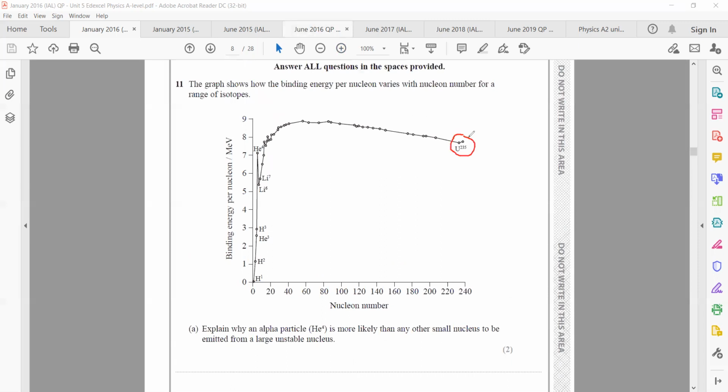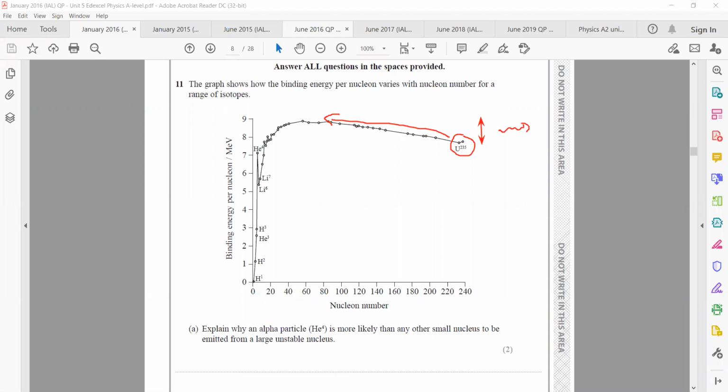Here we have uranium. Why do we use uranium as a nuclear fuel, and not another element? Because as you can clearly see, when uranium disintegrates and breaks down into lighter nuclei, there will be a greater change in the mass. And then what happens to that? A greater change in the binding energy. That greater change in the binding energy is released to the surrounding. So basically, the massive nuclei will undergo a nuclear fission reaction,